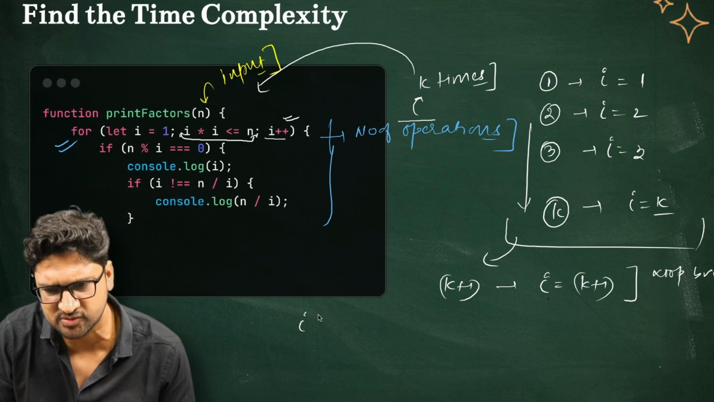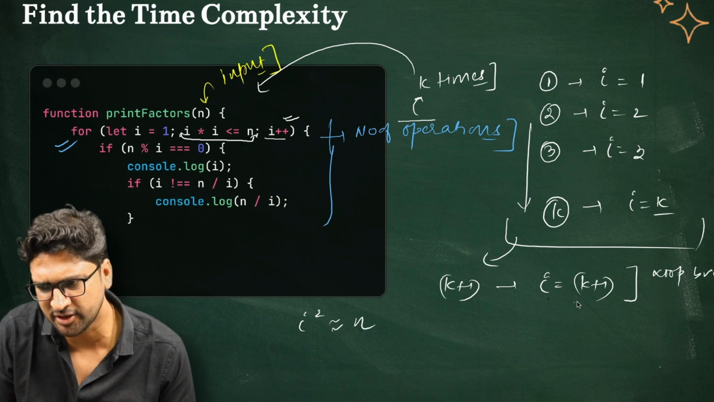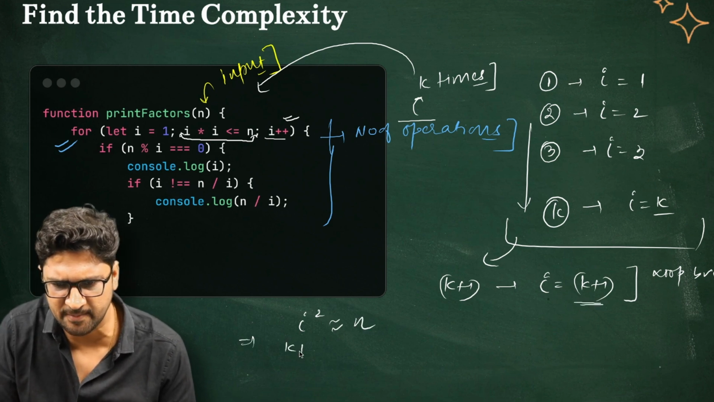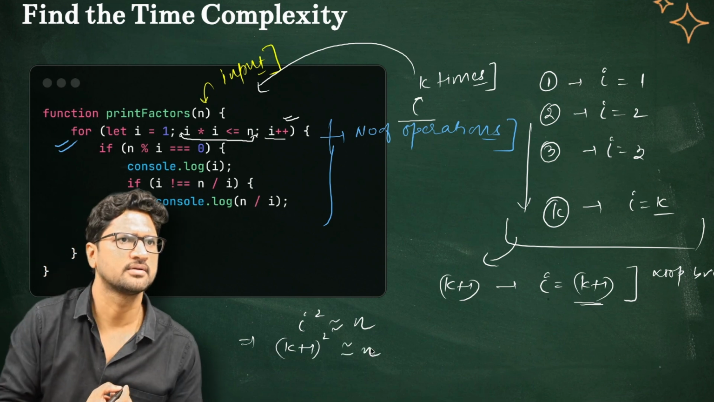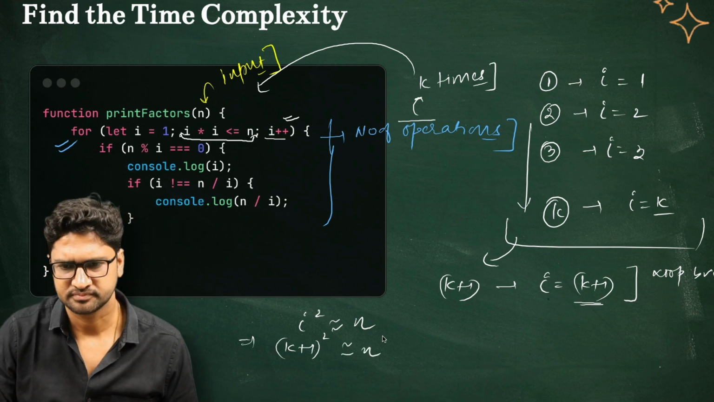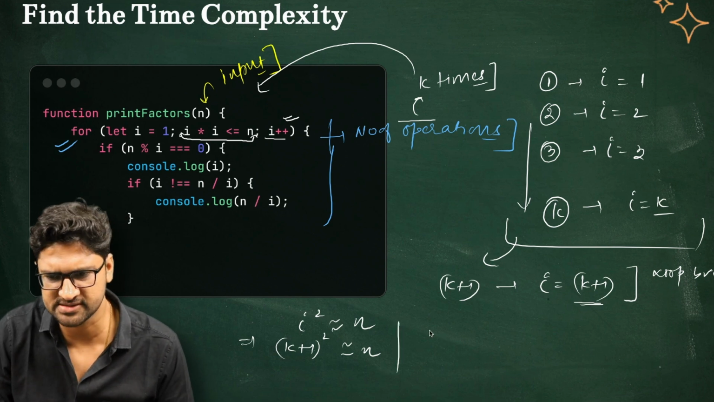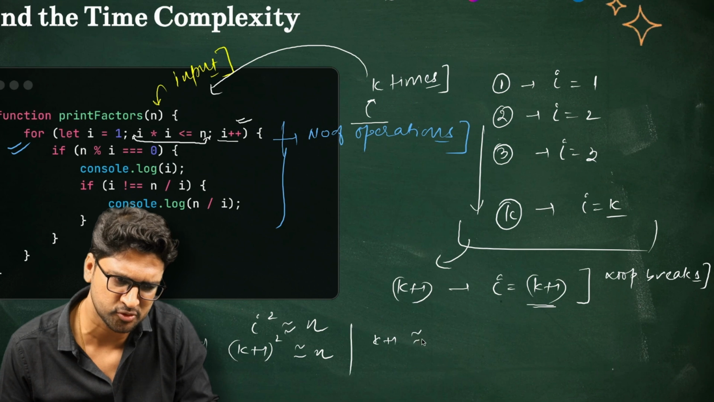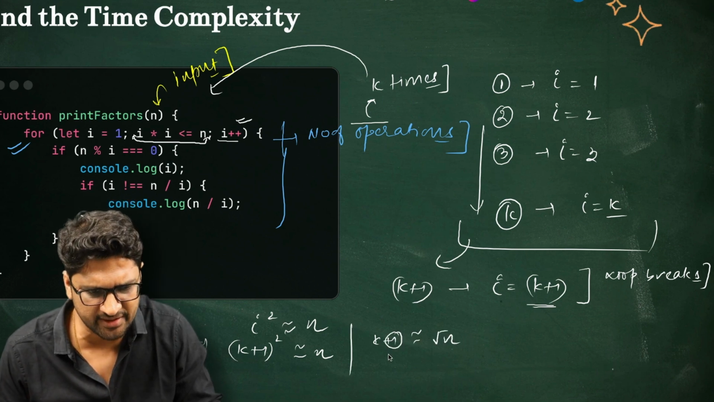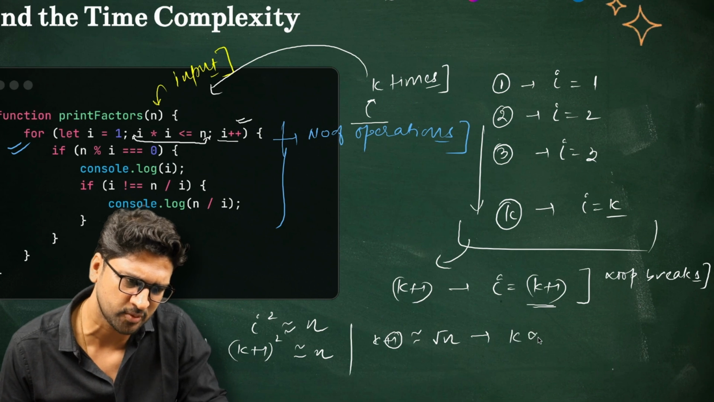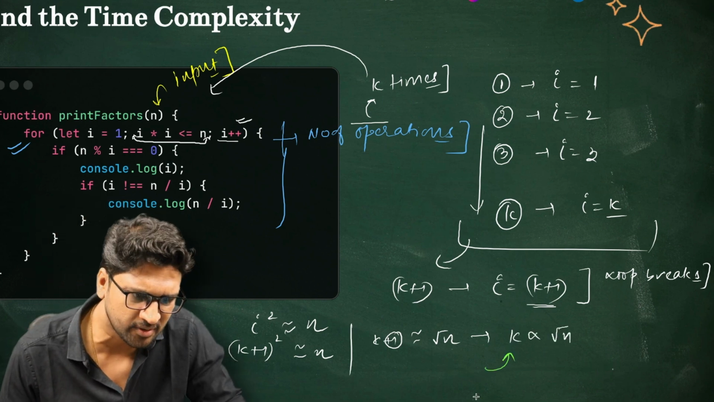So if the loop breaks at this moment of time, this condition will be holding false. So what will happen? i square will become proportional to n at that time, and what is the value of i? i value is equal to k plus 1, so (k+1) whole square is proportional to n. Now I take a square root of this, so I say that k plus 1 is proportional to the square root of n. Now for higher values of n, this constant value I can ignore, so I can say that k is proportional to the square root of n, where k is my number of